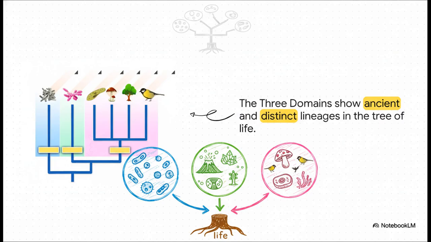And this right here, this image, it shows the brand new structure he proposed. Instead of just one big messy group of simple organisms, he saw 3 totally distinct, fundamental branches at the very root of the tree of life: bacteria, archaea, and eukarya.